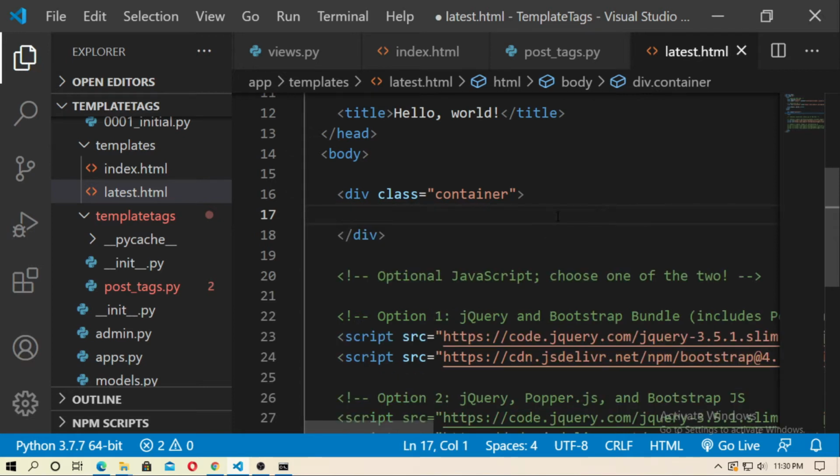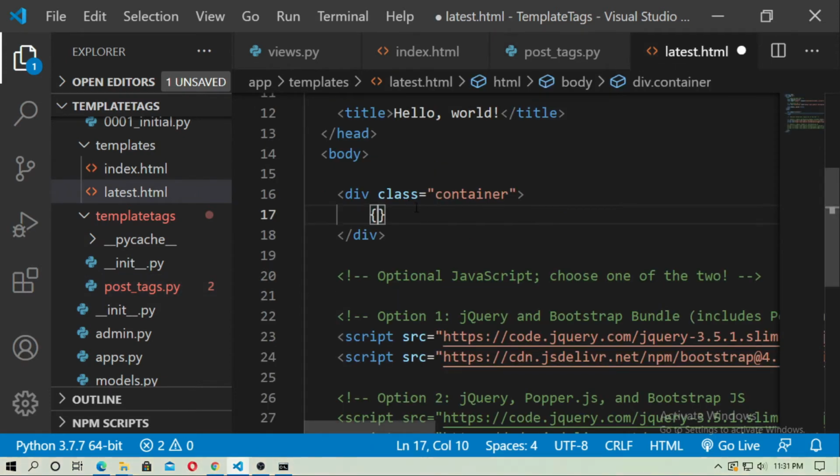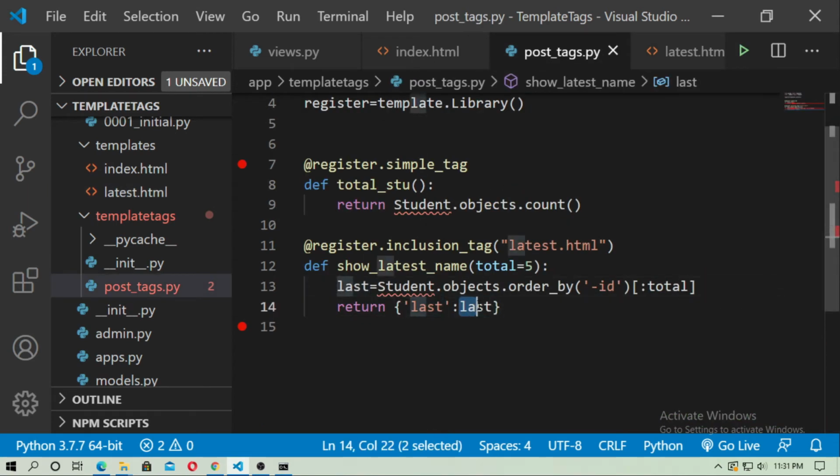Inside the container we will create a for loop for grabbing all the objects from last. Our Django variable is last. In latest.html, type for x in last. Last is this, this and this.